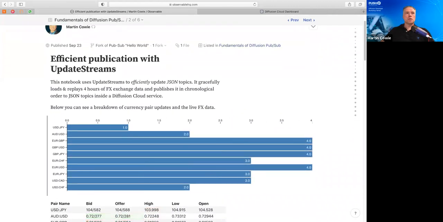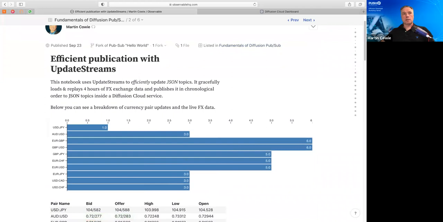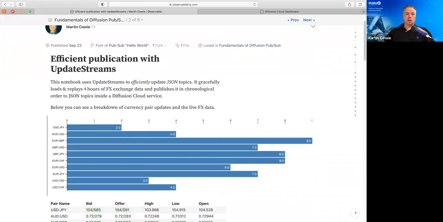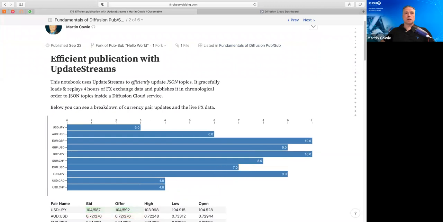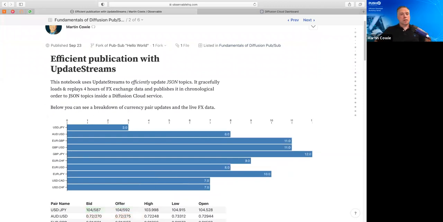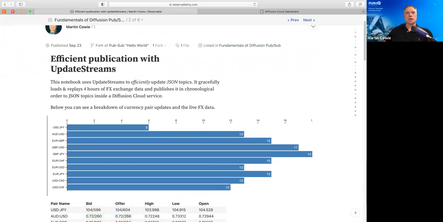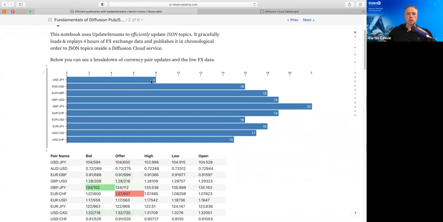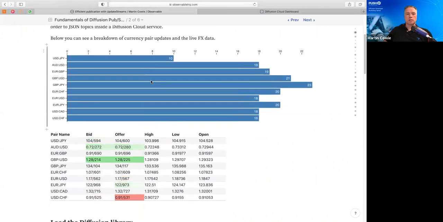So this notebook uses the UpdateStream API, and it efficiently replays 4.5 hours of real foreign currency exchange data, and it does that with the same frequency that it was recorded. And we'll see the maths it uses to do that. So what we have here is a nice little chart. It really sort of visualizes what it's actually doing. We can see the frequency of updates for individual currencies, and we can also see